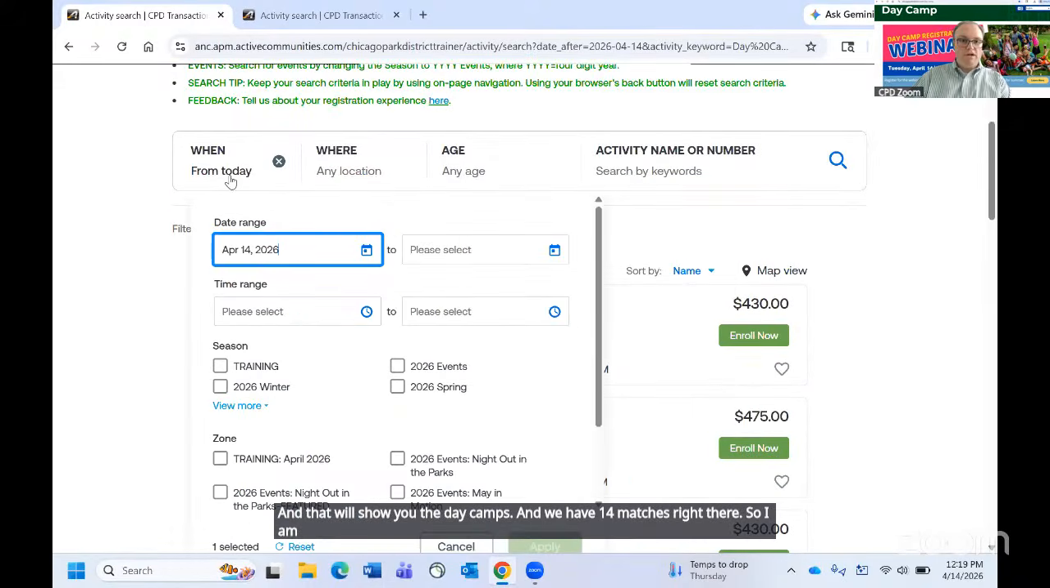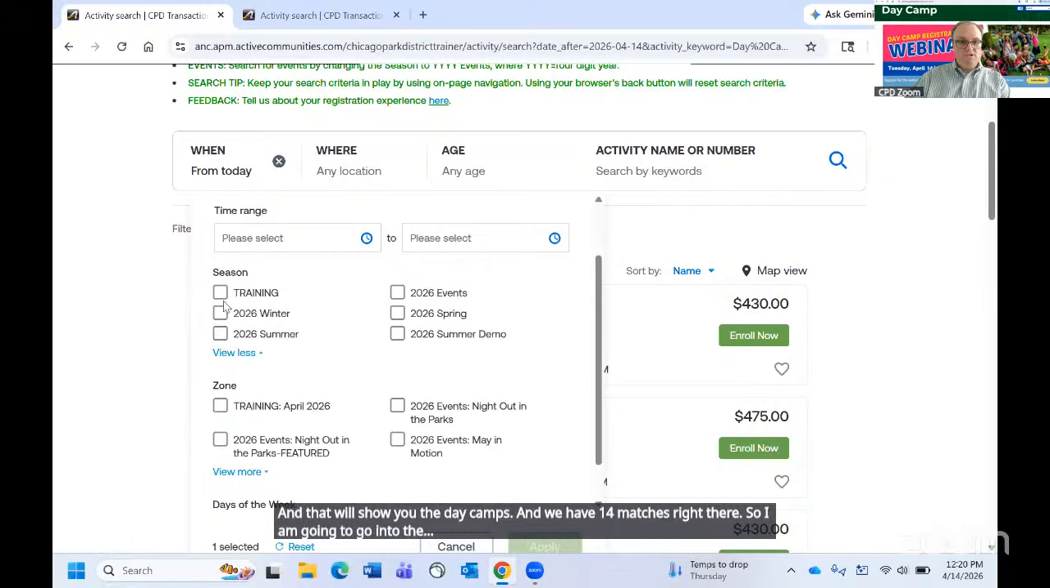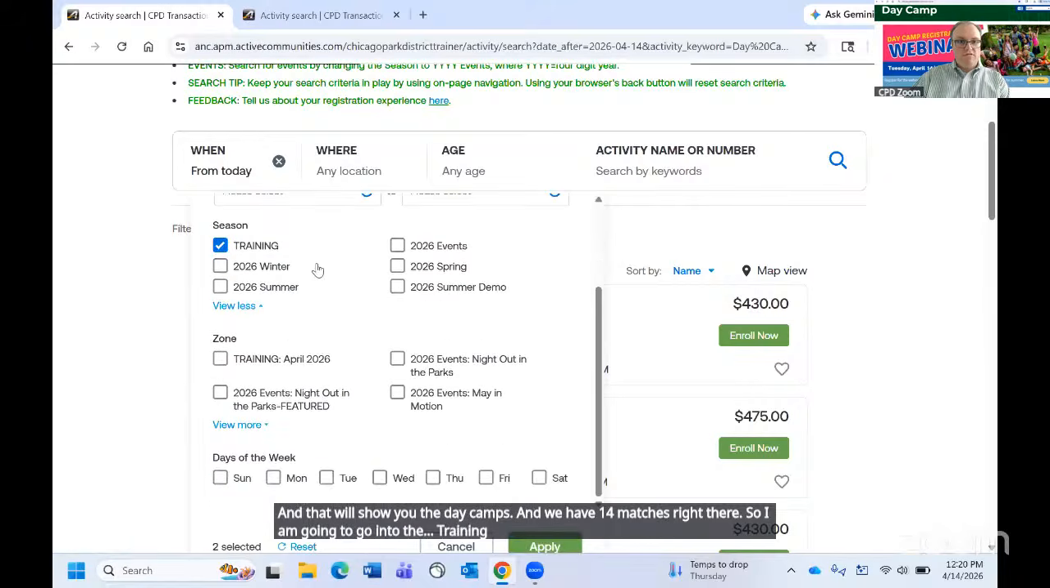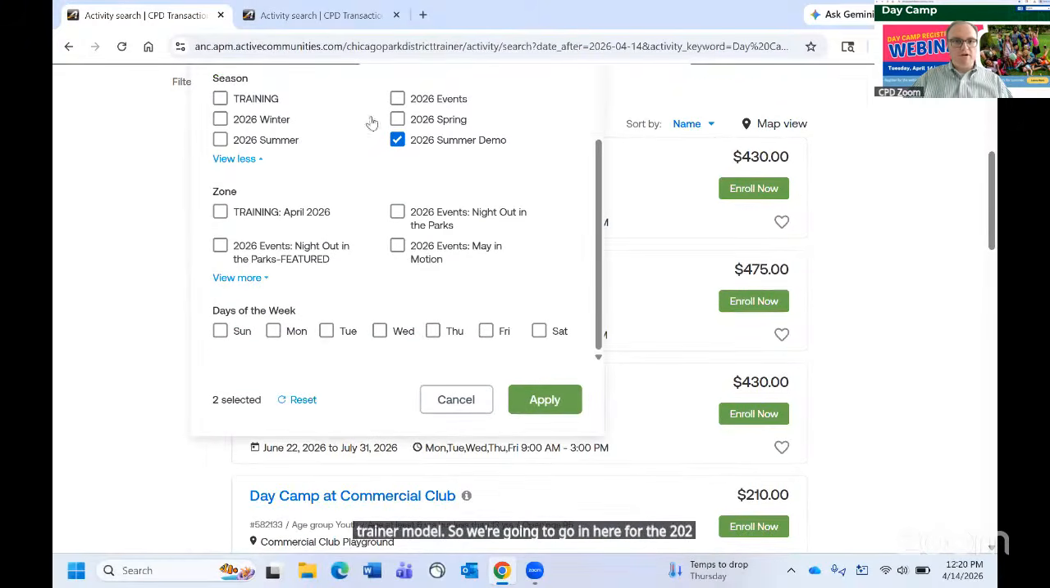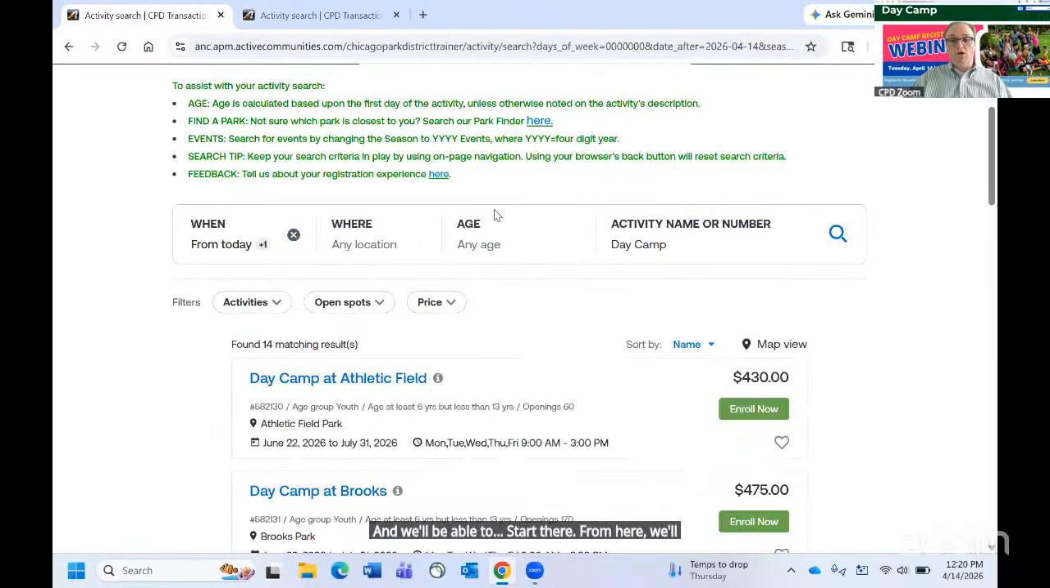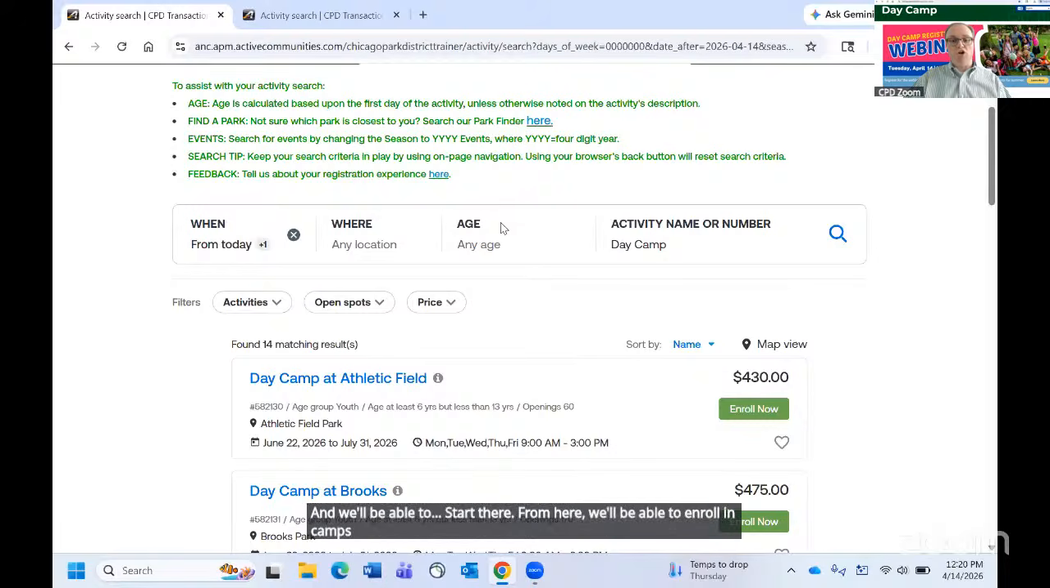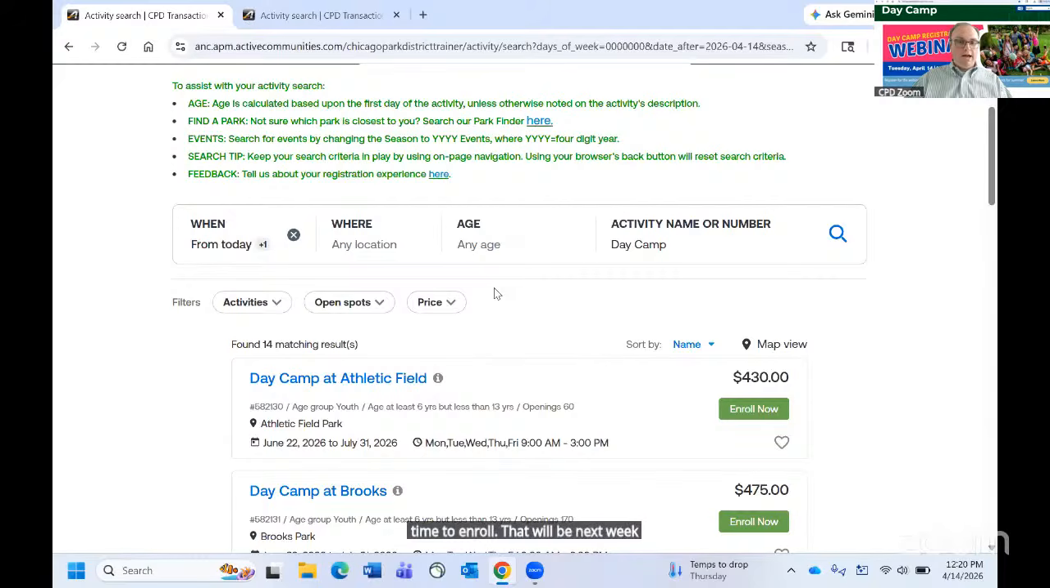So I am going to go into the training, or no, I'm not. We set up our specific trainer model. So we're going to go in here for the 2026 summer demo, and we'll be able to start there. From here, we'll be able to enroll in camps. Whereas currently on our system, you are unable to enroll in camps because it is not time to enroll. That will be next week, April 20th for camps west of California Avenue, and